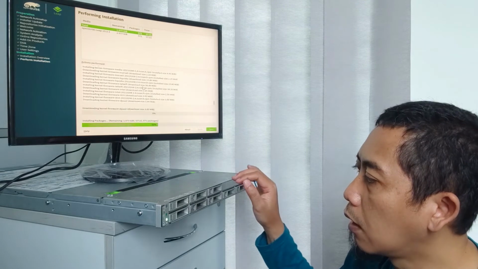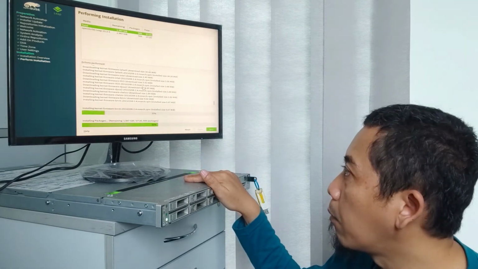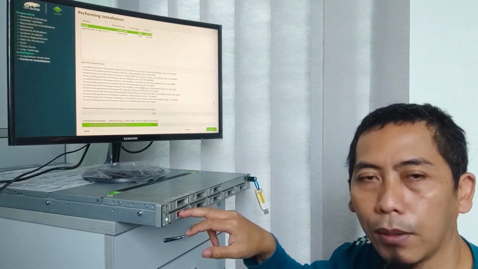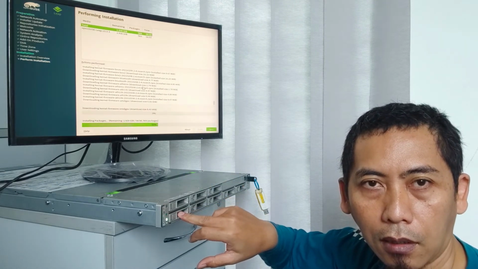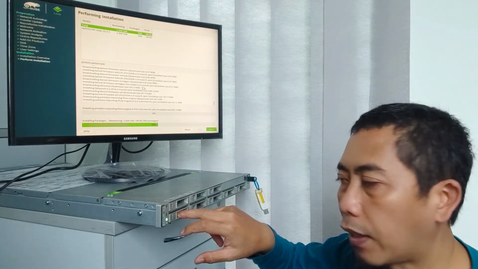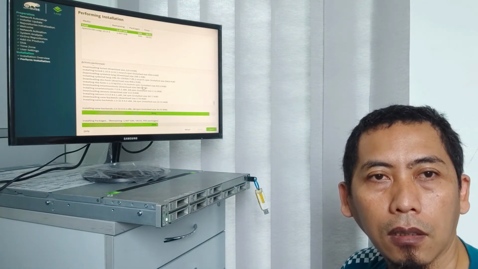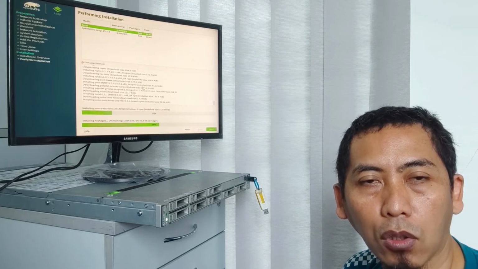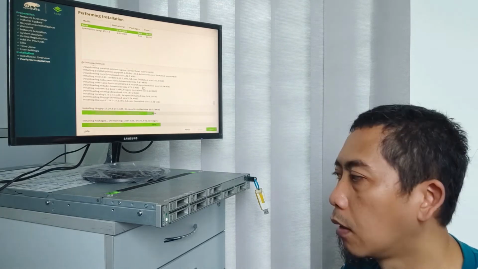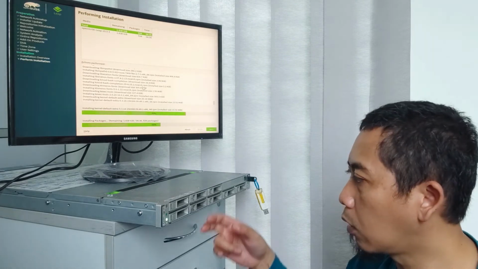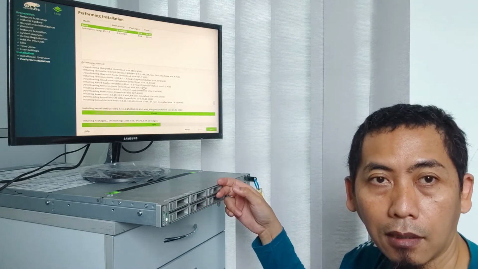But on this installation, I'm not using ZFS because this is on the operating system. I use BTRFS. Why? Because BTRFS is the latest file system that also supports snapshots. But later on I will also try to use ZFS on the other.